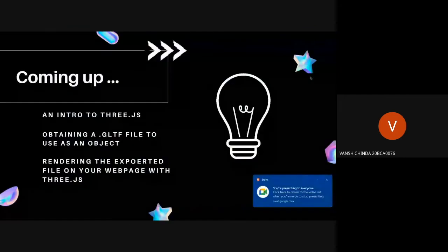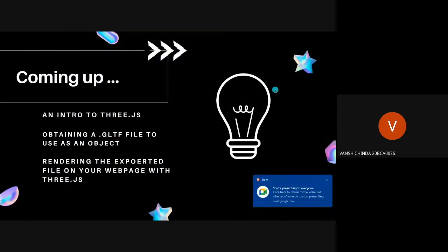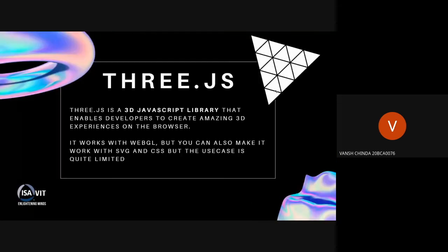So we should move on to the 3JS part. Okay, the 3JS part will begin. Let's start with what 3JS is. 3JS is a cross-browser JavaScript library, or you can call it an API too, because it does the same work that WebGL does, but in a much simpler way. It is used to create and animate 3D computer graphics to display in a web browser. We'll look at how it does this, but let's just remember what it does.